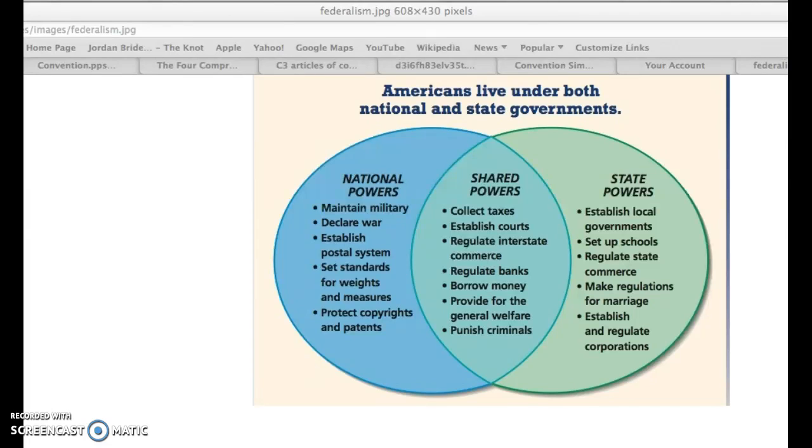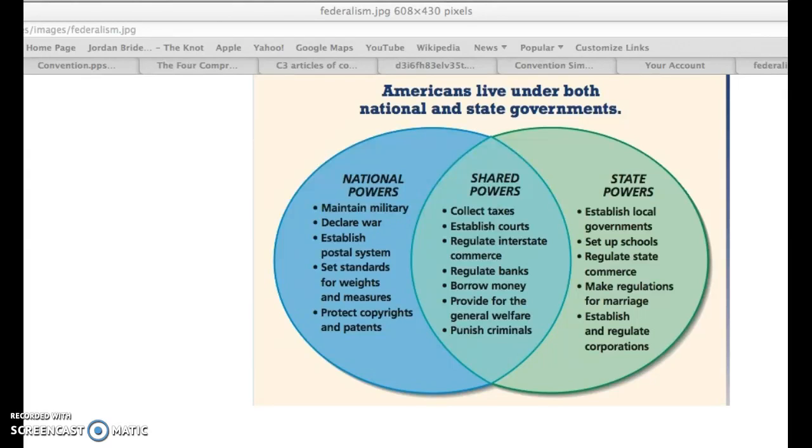So if you take a look at our Venn diagram right here, state powers, meaning just the state has, for example, New York State, they would have the power to establish local governments, set up schools, regulate state commerce, make laws about marriage, and establish and regulate corporations, meaning businesses. The federal or national government can do things like maintain the military, declare war, create a postal system, and